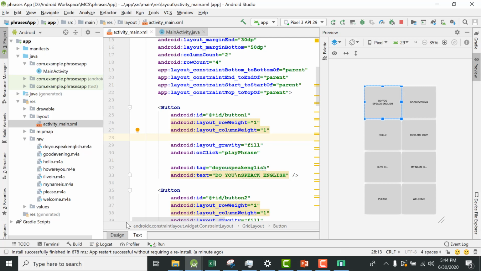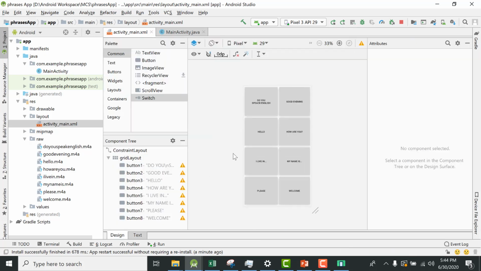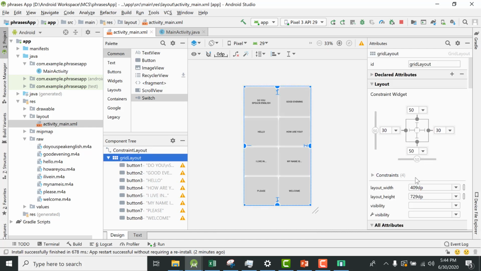Okay, I'm going to go to the design view and change the width and height of the grid layout. So I'm going to make the grid width, let's say, 368 and the height as 495.